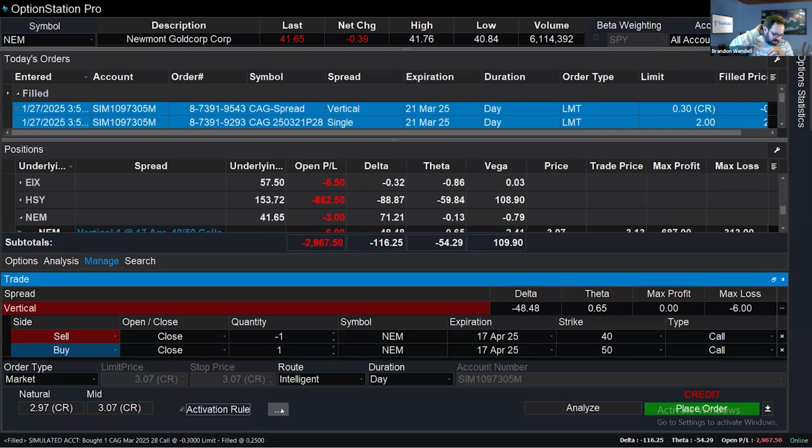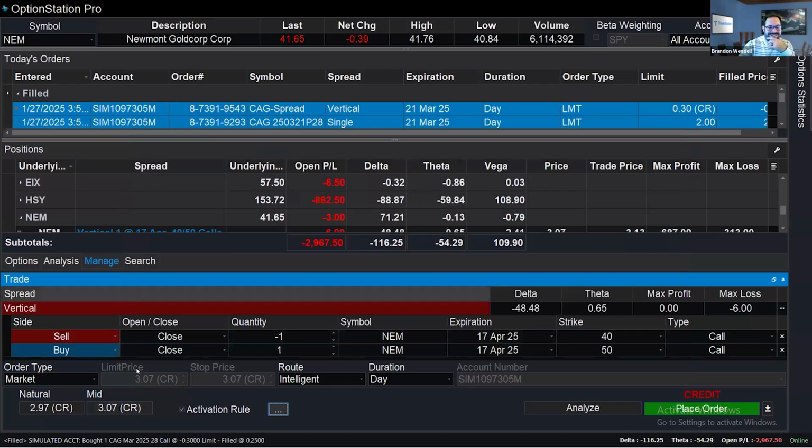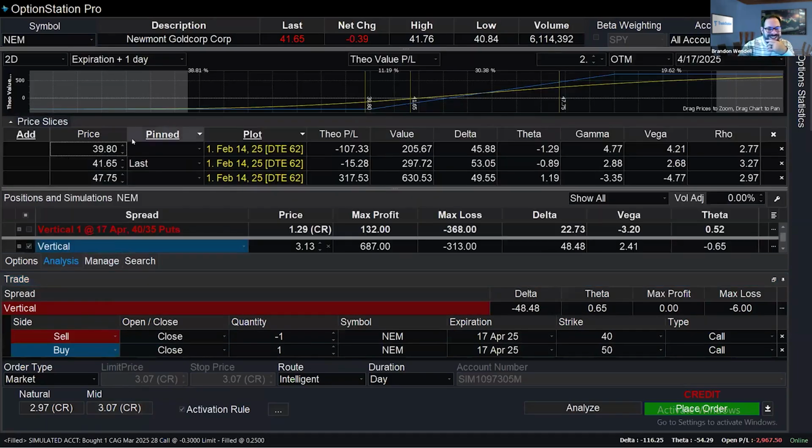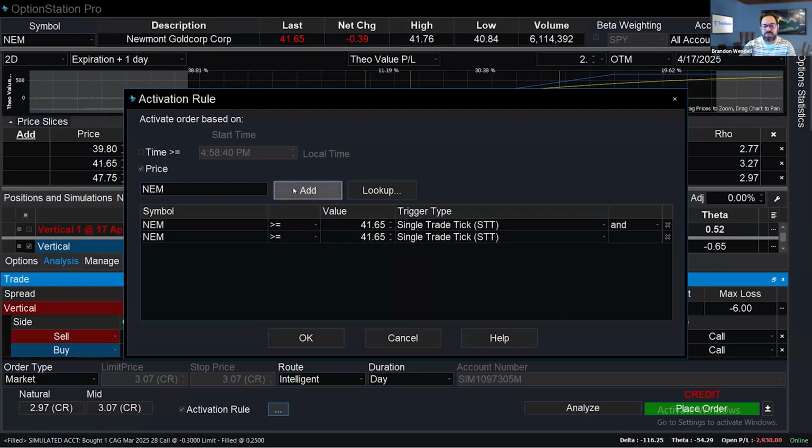So I use price slices to figure out my potential profit and my potential 1/3 risk if we get there. Now I forgot what the number was because I forgot to write it down. 39.80, that's what it was. So right here, price NEM. I'm going to do it twice, one for the stop, one for the target. If Newmont gets greater than or equal to 47.75, that's my target, or